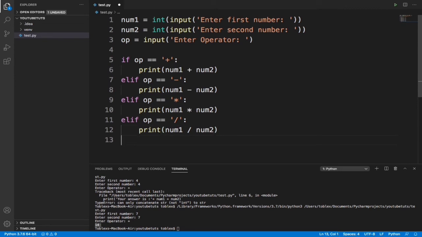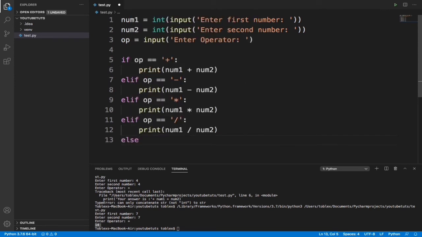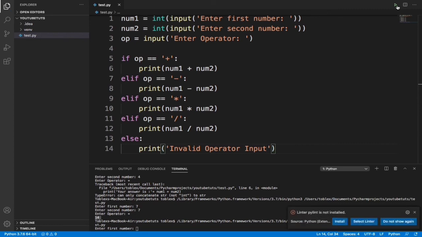Else, if they put an operator that we don't know, let's just print invalid operator input. Now we have a fully working basic calculator.